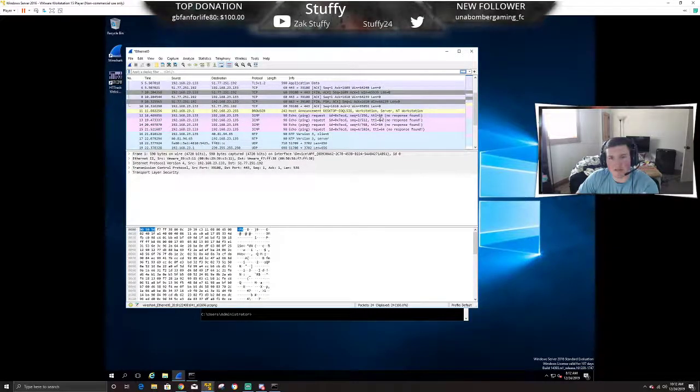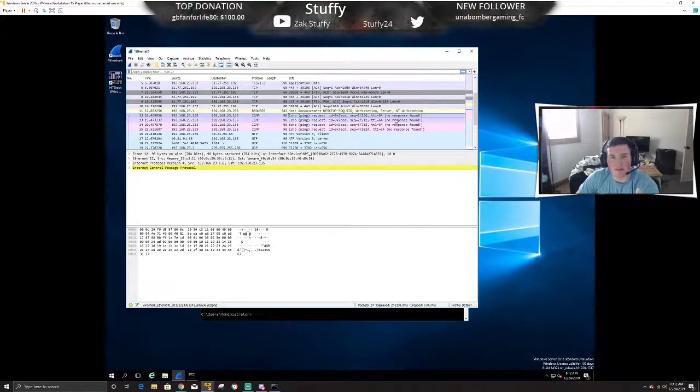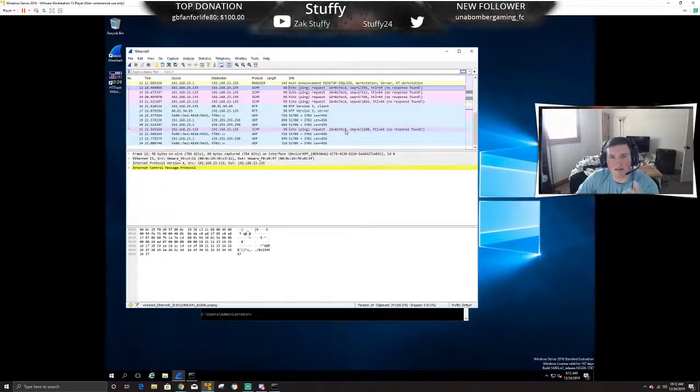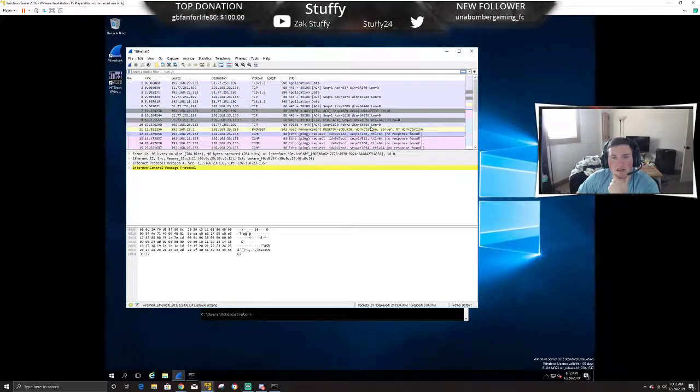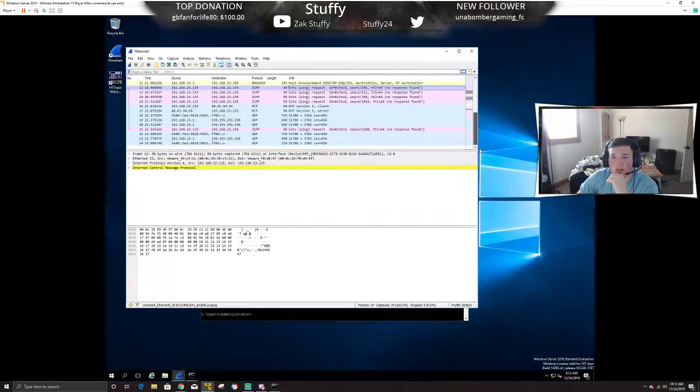You have time to live 64. That's going to be your Linux machines, and the 128 is going to be your Windows machines. So these are two very simple labs, guys. I didn't want to drag these on. They're very simple, very easy to do, but they're important to know, because if you see that, you need to know what that is, okay? You need to know the difference in that. Same with the 128. You need to know that's a Windows machine,